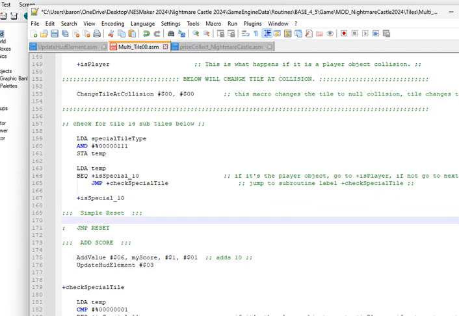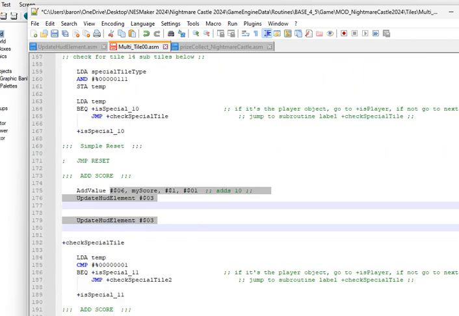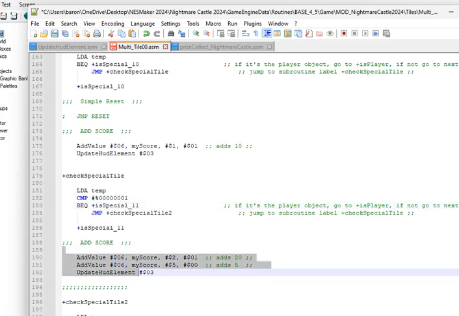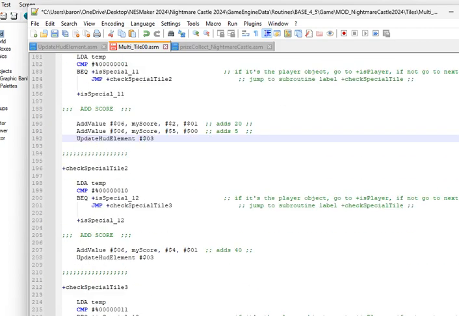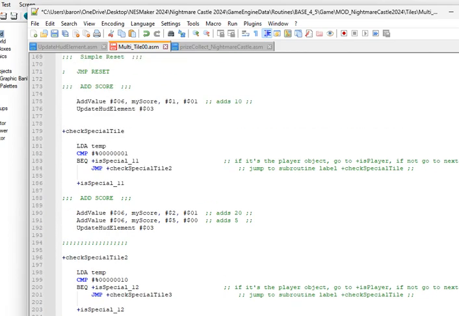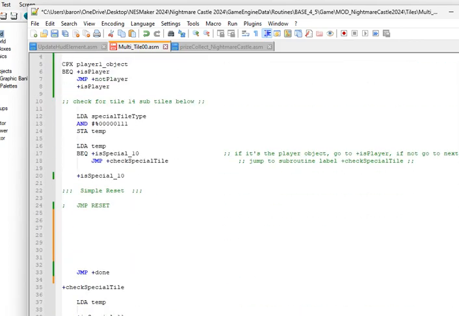Special 10, that was adding 10 to my score. Special 1 1, that was adding 25. 1 2 was adding 40, etc. That's what it was made to do, was just add to my scores.